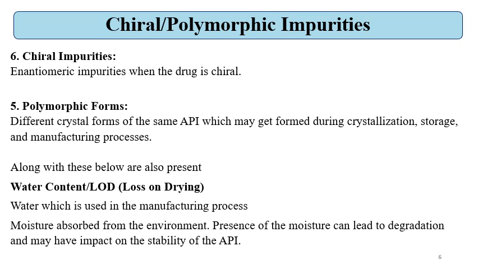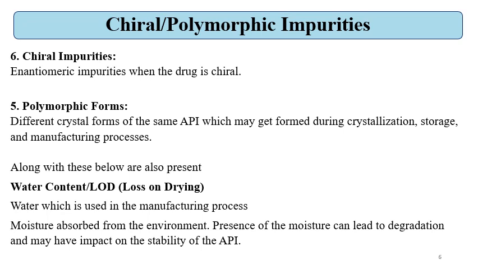Polymorphic form impurities. Different crystal forms of the same API may be present or may be formed during crystallization and purification, and also under storage. So different forms of the API may be present in the drug substance, and these API polymorphic forms may also be present in the drug product. So polymorphic form impurities are required to be tested.